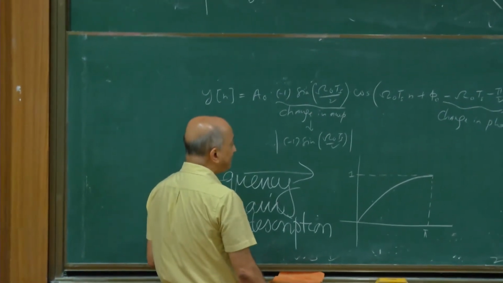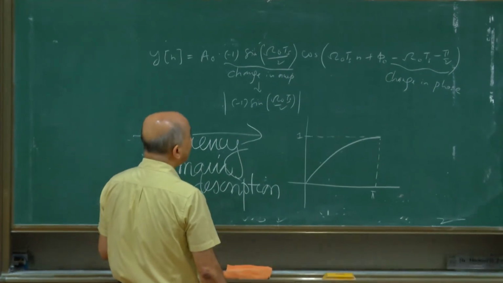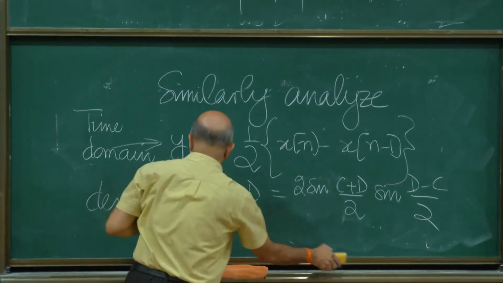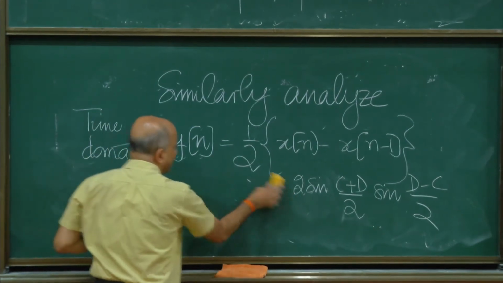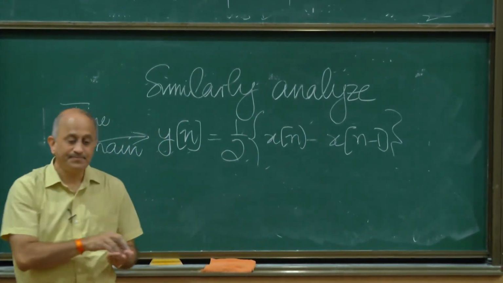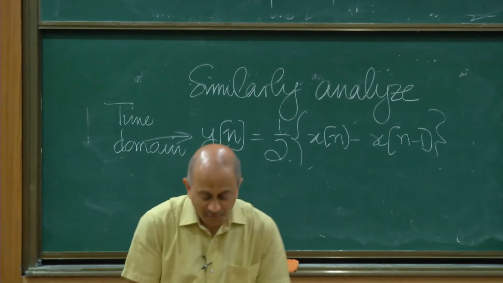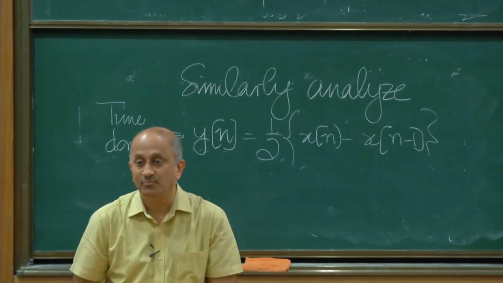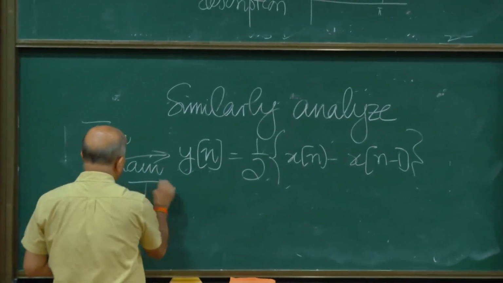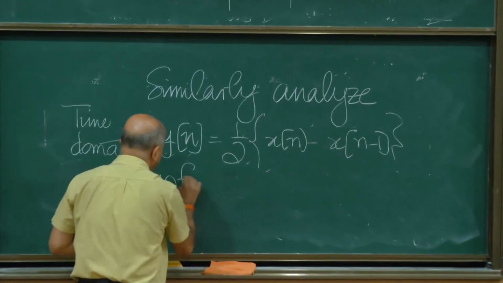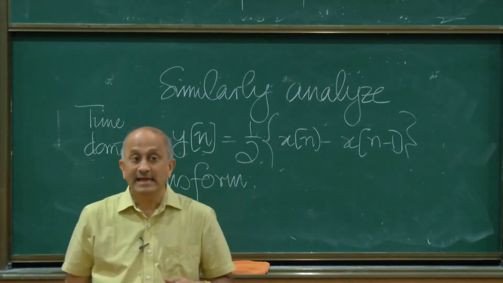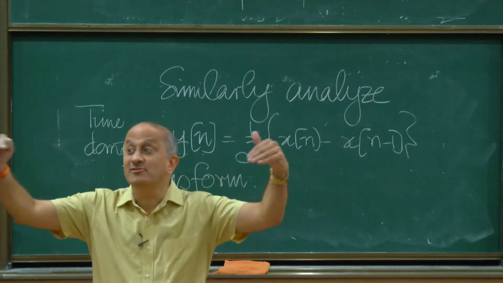Now to have that better way of doing it, let us see something more about this time domain system. So let's come to the time domain description and find a better way. To move between the two domains, the time domain and the frequency domain, we are going to use what is called a transform. So what is a transform? A transform is a mapping of domains or paradigms.